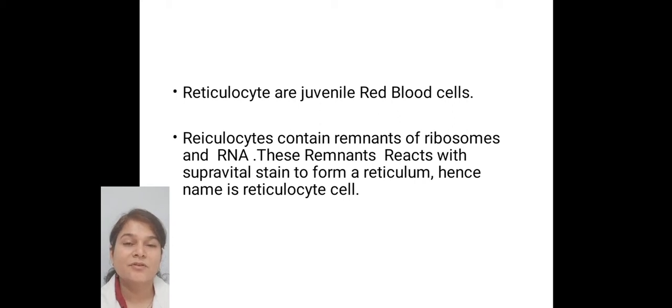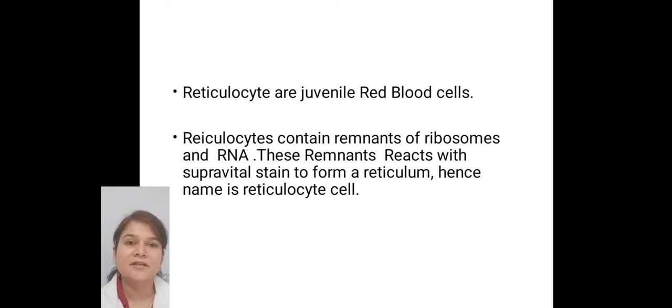When you remember the stages of erythropoiesis, in the stages of normoblast the nucleus is present. While in the reticulocyte, which is the immediate precursor of the red blood cell, the nucleus is not present, but the remnants of the mRNA and the ribosomes that were present in the cytoplasm of the precursor cell are still present.